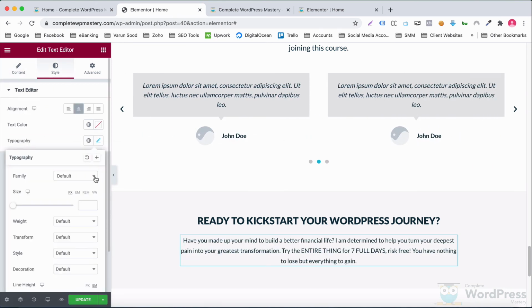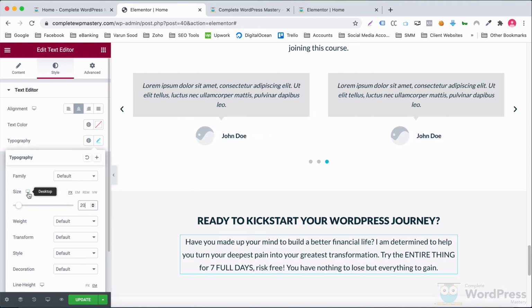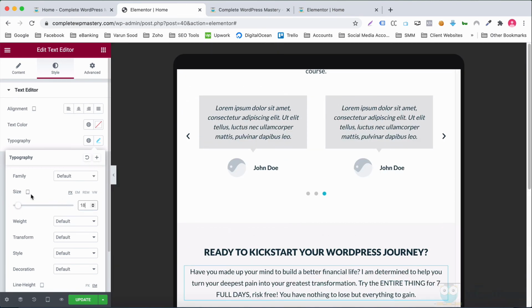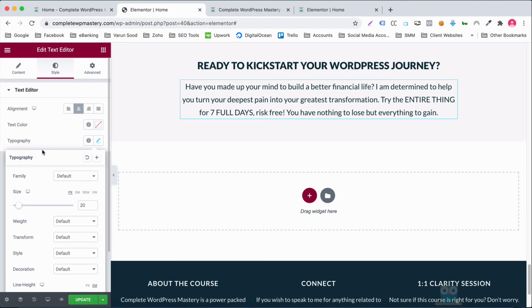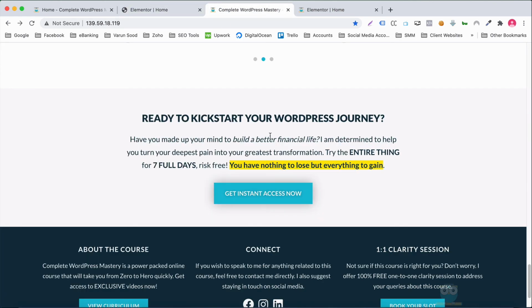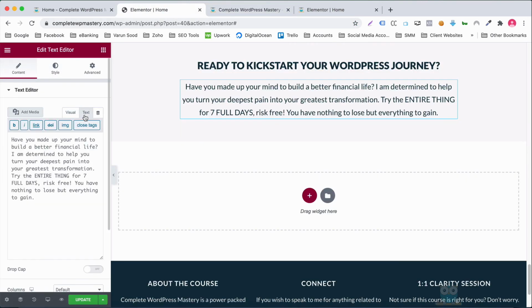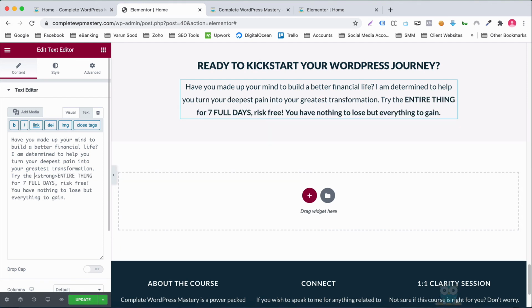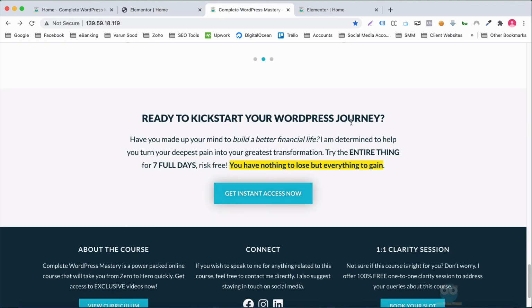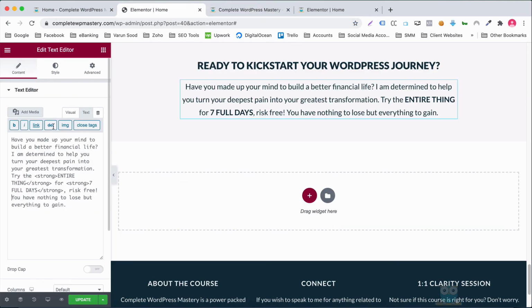Center align it and adjust the typography. We have some text in bold, so let's wrap those words with a strong tag. You already know how to highlight text in yellow. Let's make use of the CSS class that we have.